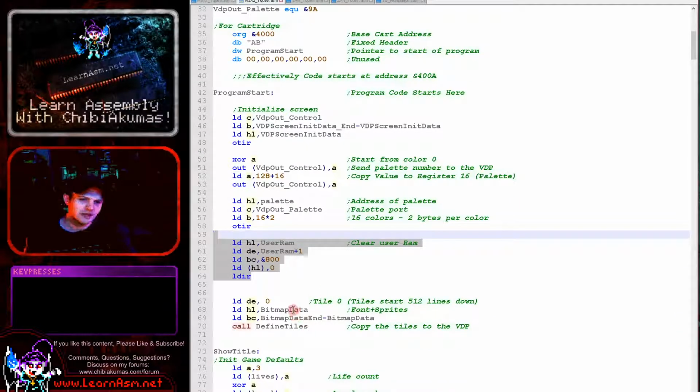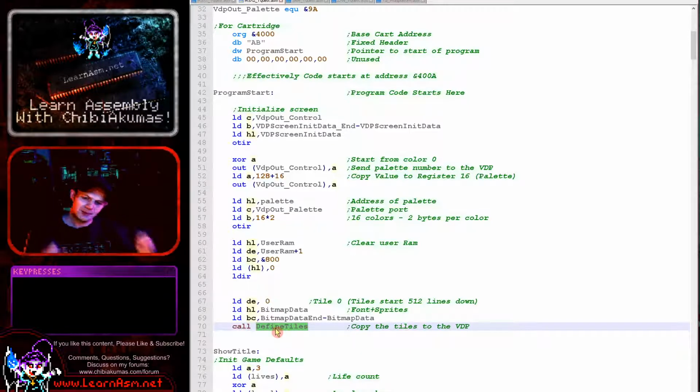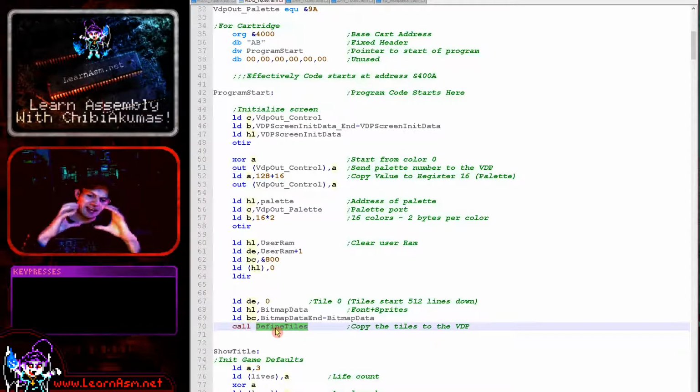And then what we're doing next is we're transferring the bitmap data, which is currently in cartridge RAM, in normal Z80 RAM, into VRAM, but we're doing it using this define tiles routine. Now, the MSX2 isn't a tile map, it's a bitmap system, but what my code does is it splits up the bitmap data within the Z80 workspace area within the cartridge into 8x8 blocks, and then it transfers those into video RAM, and it calculates an X and Y offset based on 8x8 tiles, simulated tiles, and